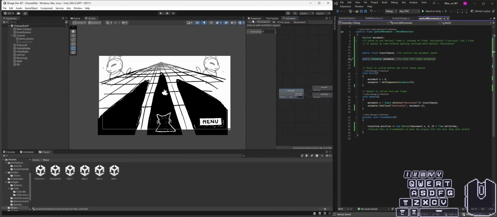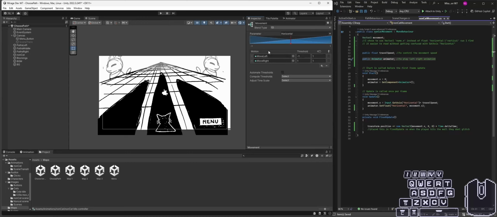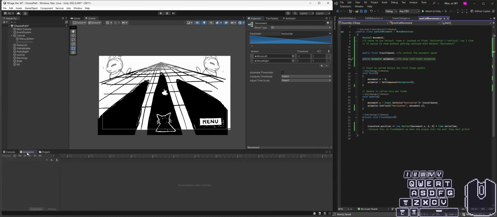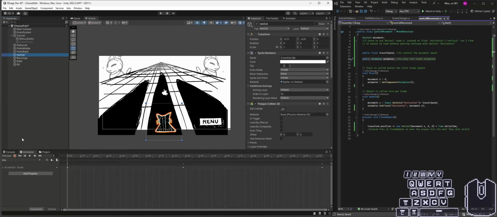And if I inspect it, yeah, it plays the move left animation when it goes negative, and plays move right if it goes positive, and if I check that in the animator, it does work the way I want it to. And also if I check the move left animation, it does have the correct animation,